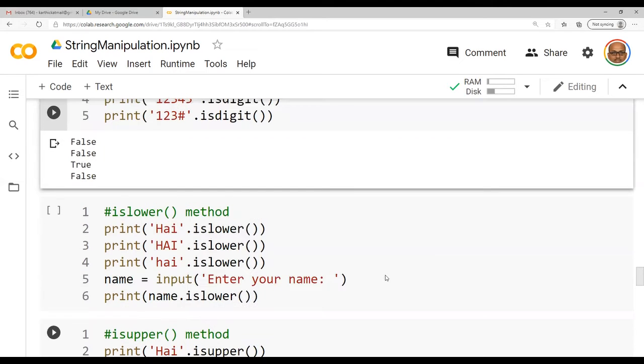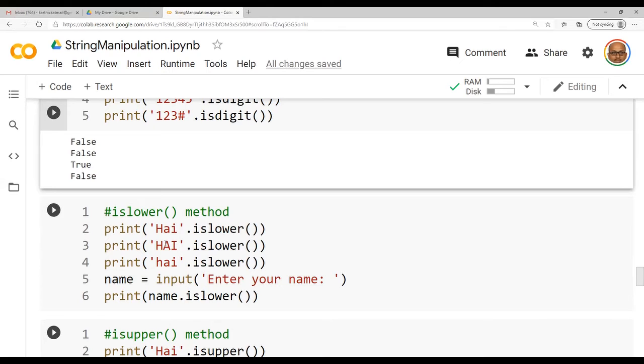Now we are trying to check islower. This function again gives me a Boolean value, true or false. Here H is in capital and all the other 2 letters are in small letters. This will yield a result of false. In the third print statement, you are having all the 3 characters in caps, so it is obviously going to return false. Whereas in the 4th print statement, I am having hi. It is going to give me the result as true.